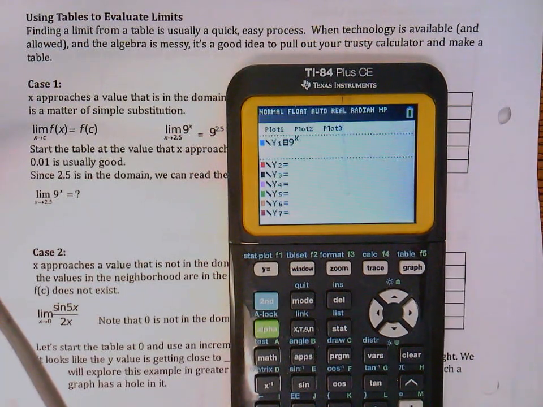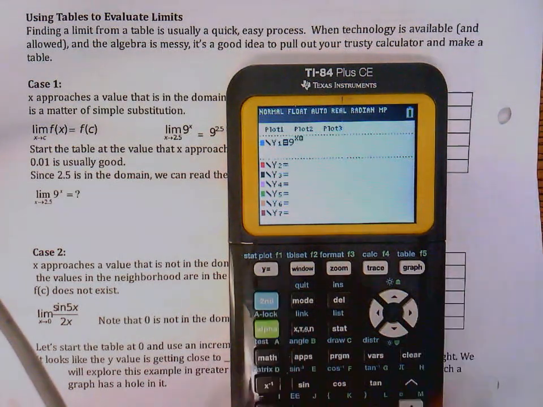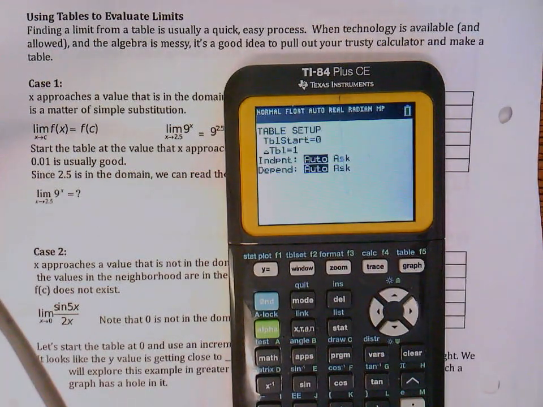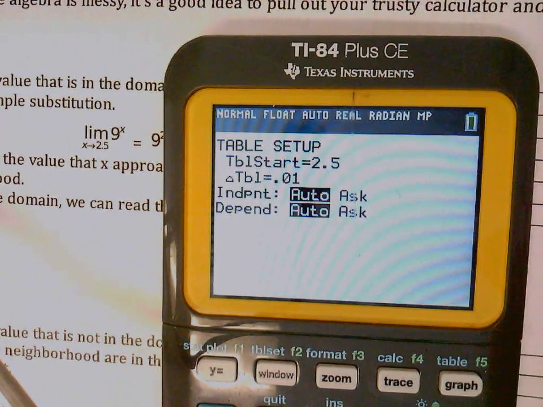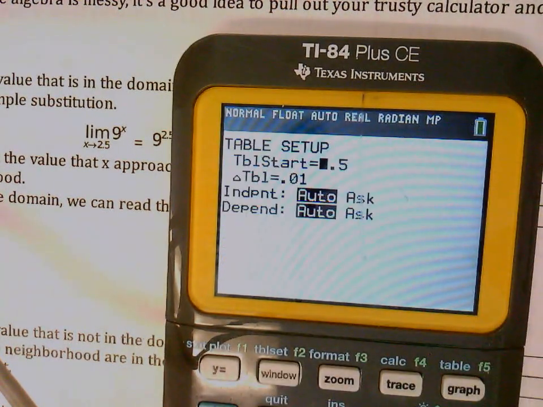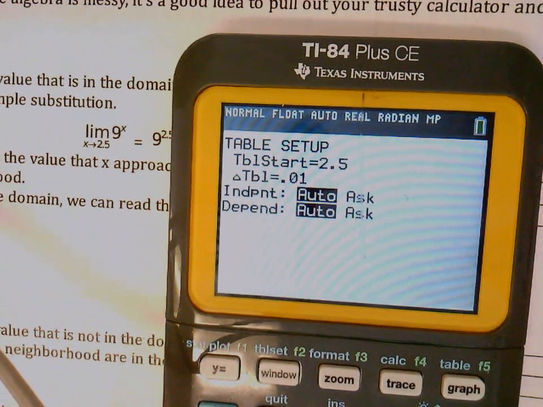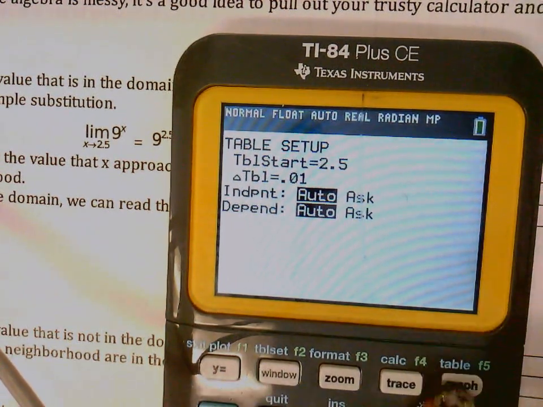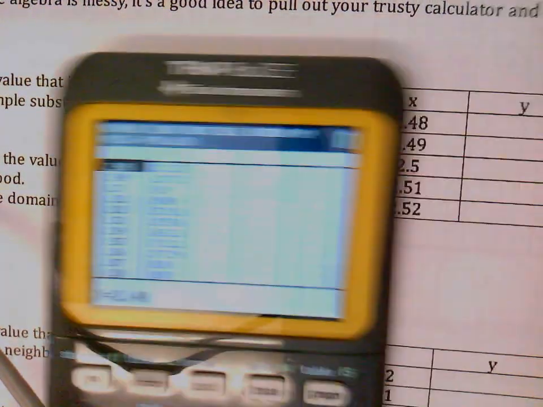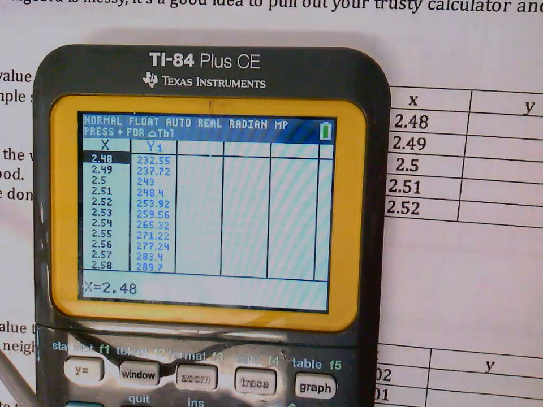So we want our table setup to be at 2.5. That's above the word window. You go second, table setup, start at 2.5, and they want you to count by 0.01. So in my y equals menu, I've got 9 to the x. In my table setup, I've got starting at 2.5, counting by 0.01. That way, when I go to my table, they just wanted you to practice filling in. Look at 2.48, we're at